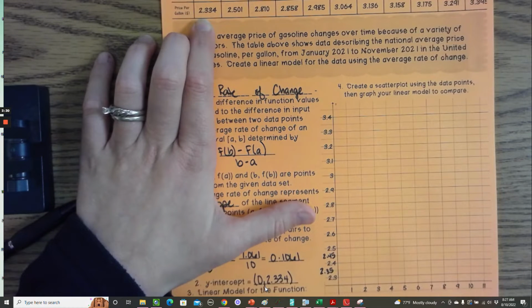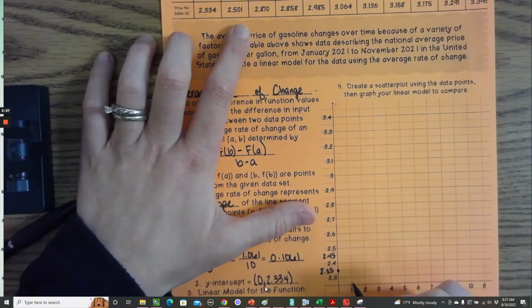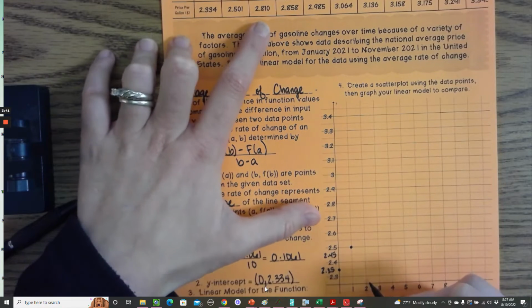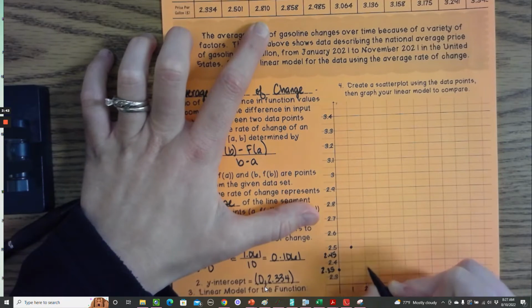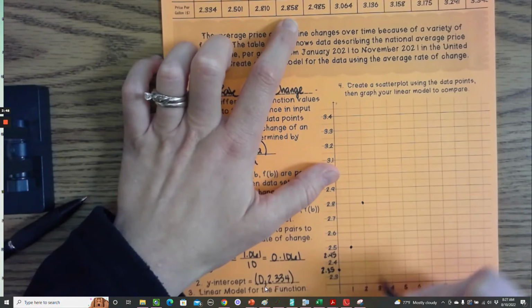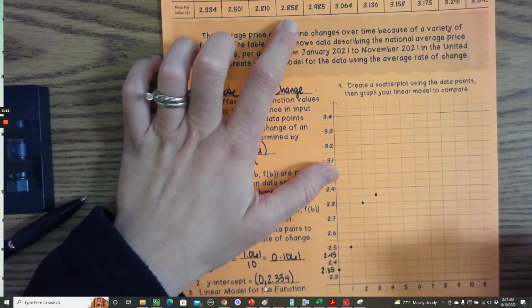That gives you a little bit more accuracy. So I would have a point here, a point here, 2.8 would be here, 2.85 would be a little above that line,